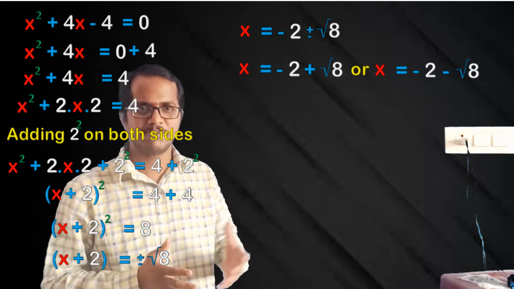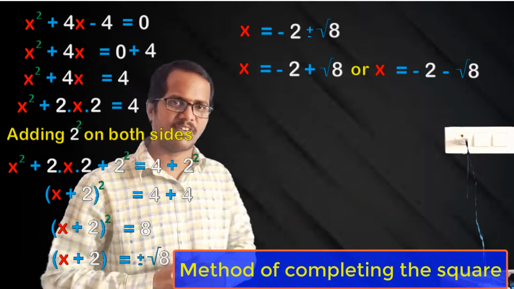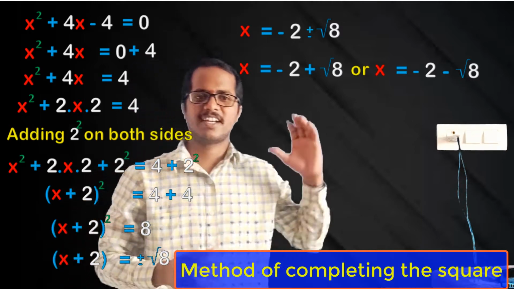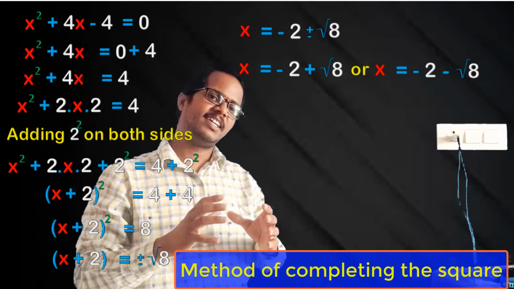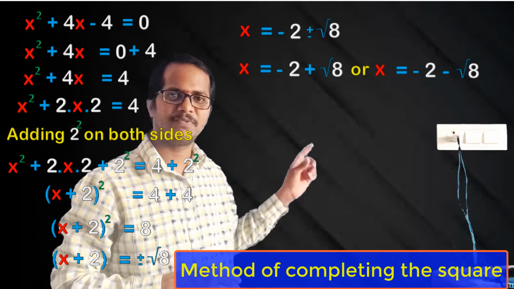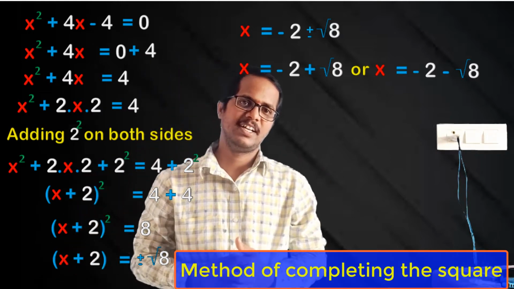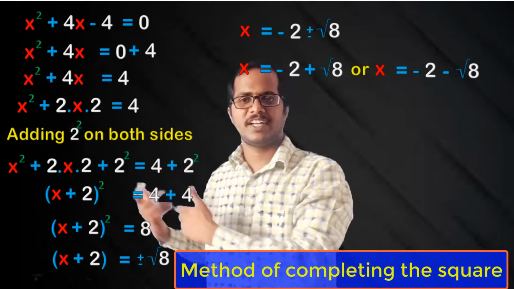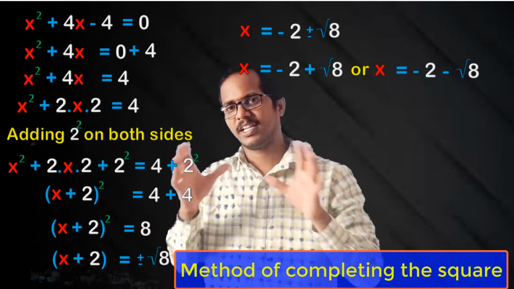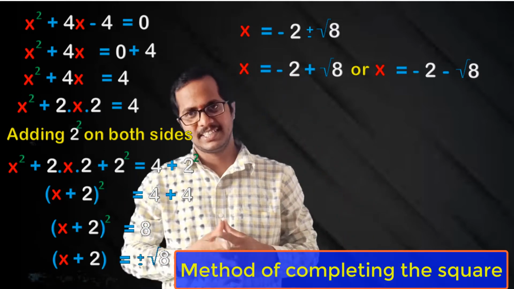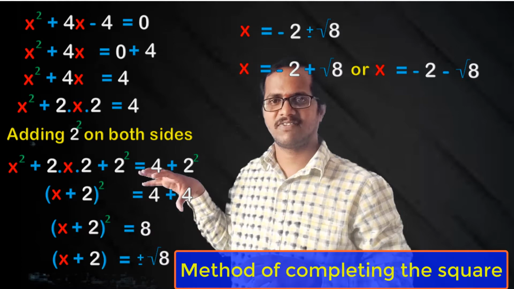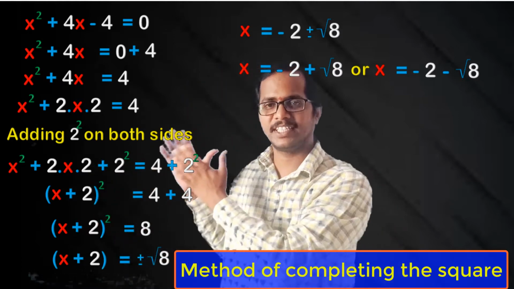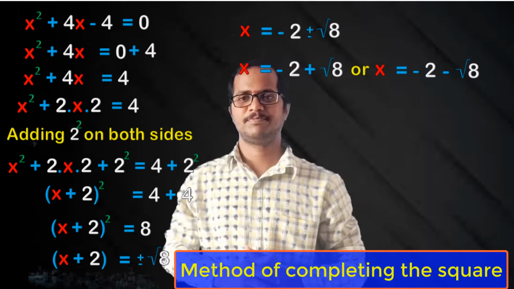Then we use the next method called the method of completing the square. So in this method, what we did first was transpose the constant term to the right hand side. Then we rearrange the left hand side so that we get a complete square on the left hand side. After getting the complete square, it becomes very easy for us to find the solutions of the given equation. So in this method, our main target is to get a perfect square on the left hand side of the given equation after transposing the constant term to the right hand side.